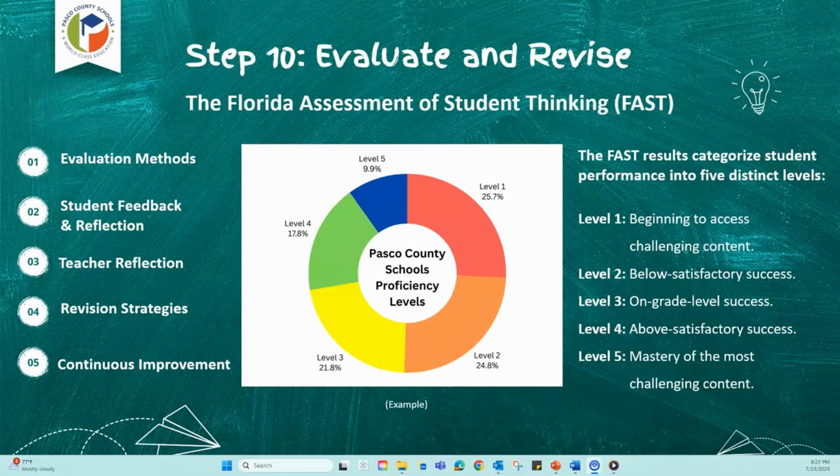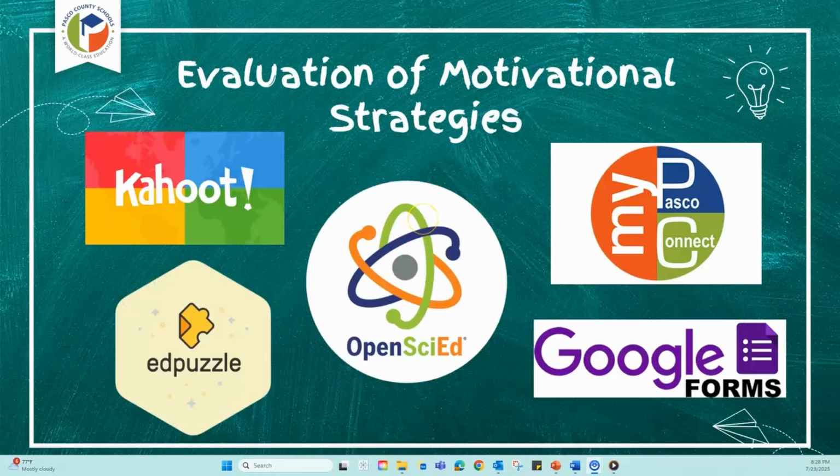Revision: improve group rules, add sentence starters, adjust pacing for incorrect lapses, and incorporate multimedia resources from Pasco LMS and digital libraries. Let's talk about evaluation of motivational strategies.